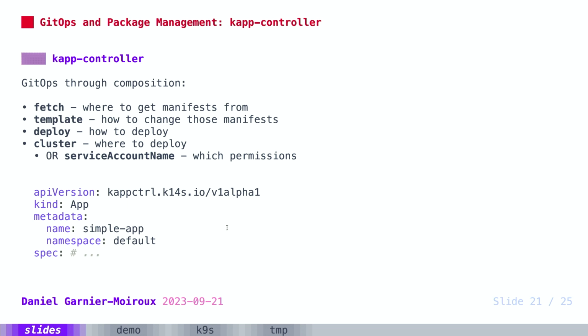How to template them. So what rules do I apply to change them? How to deploy them. Which tool do I use to deploy them? Do I use kubectl, for example? And then what's the target? The target can be another cluster, so you have your GitOps cluster, and then you're targeting other clusters and deploying from your GitOps cluster. Or if you want, you can deploy in the same cluster, but then you need to